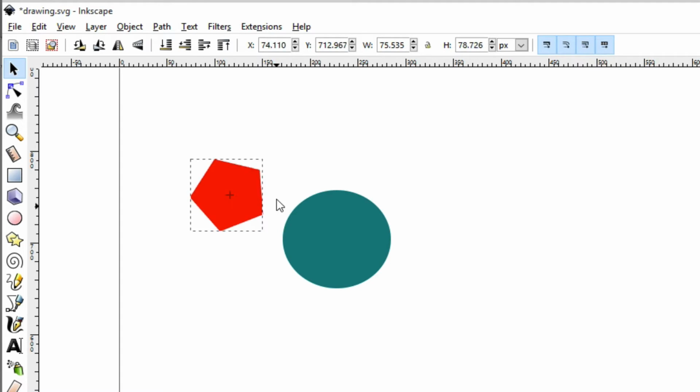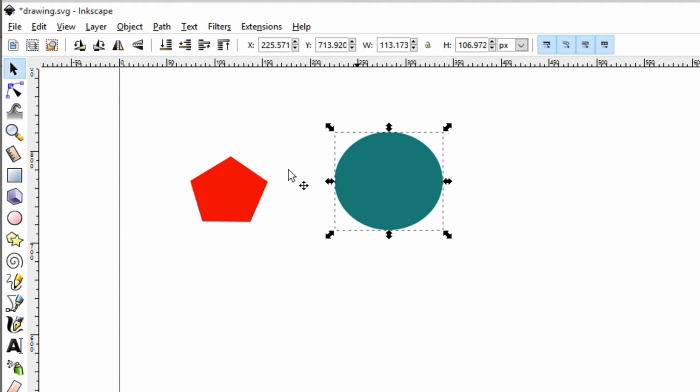So we talked about the rotate and we talked about the transform or the shift, and those work in the other direction as well. So what are the other arrows for? So we have the stretch right, we have the stretch left, and we also have the grow and shrink. Now, there are options or key modifiers that you can utilize when using these